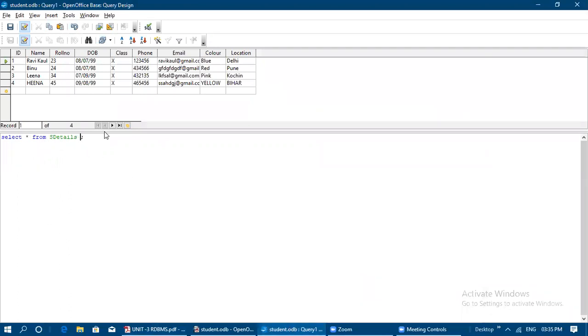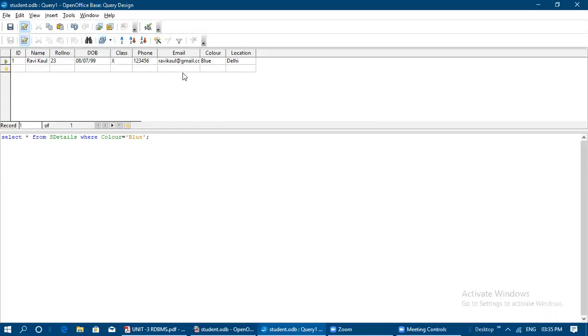See, we will give one condition. Let us check now. Where color is equal to blue. So according to this, we want to extract the data. See here, the color spelling is COLOUR, the first letter is capital. So everything you need to check when you are giving the query. See, only the persons who have blue color, that record alone is getting displayed. Okay, so like that you can use the where clause. See, previously I had used double quotes here. You should use single quotes only if you want to check the condition.